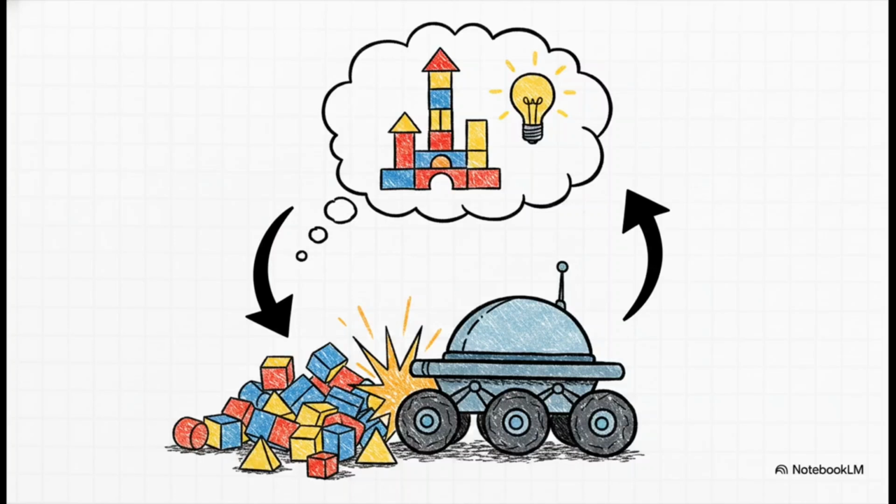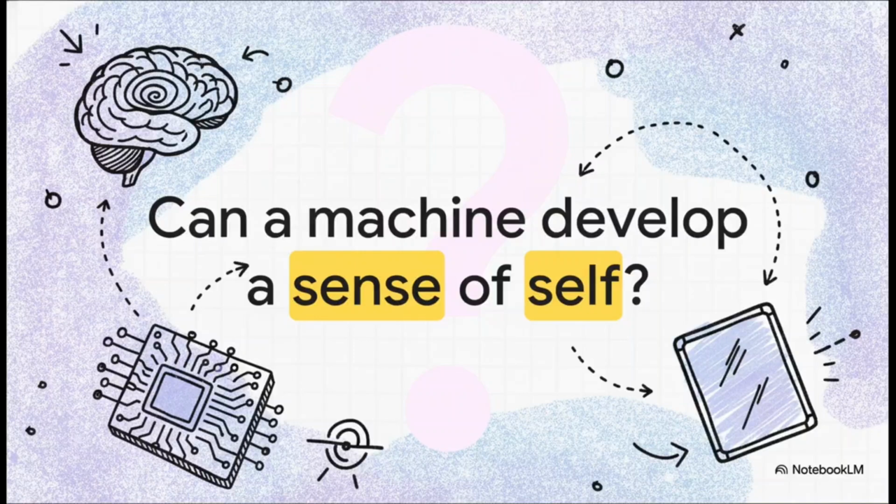First, you have bottom-up sensory motor data. That's the raw physics of bumping into things in the environment. Second, you have top-down abstract predictive modeling, which is the robot's internal expectation of what should happen. So the robot is constantly trying to match its mental predictions with its physical reality. And this setup leads us to a truly provocative question, one that really brings us to the climax of our explainer today. If a machine is constantly comparing its internal predictions against the chaotic outside world, is it possible for that machine to actually develop a sense of self?